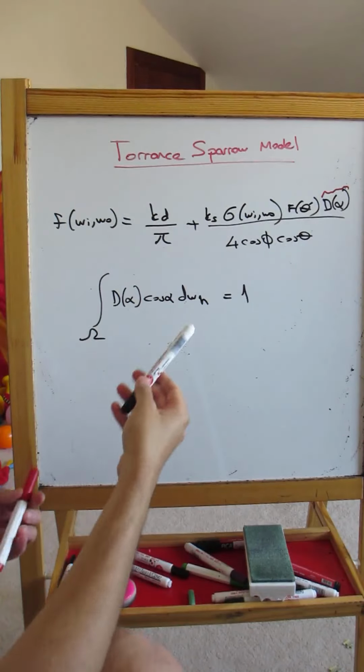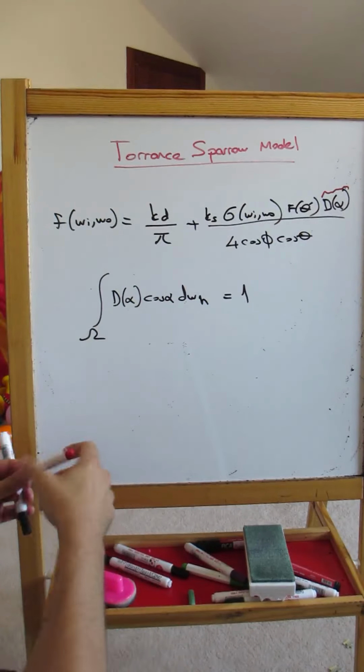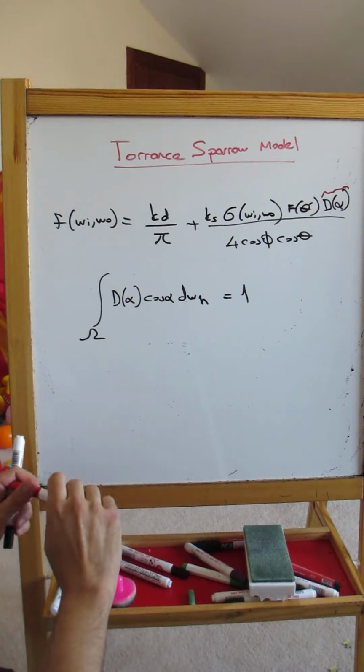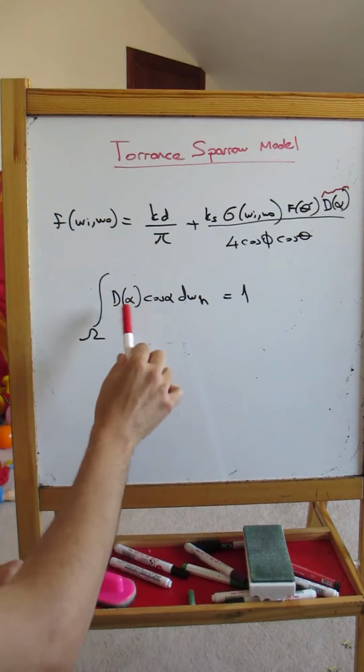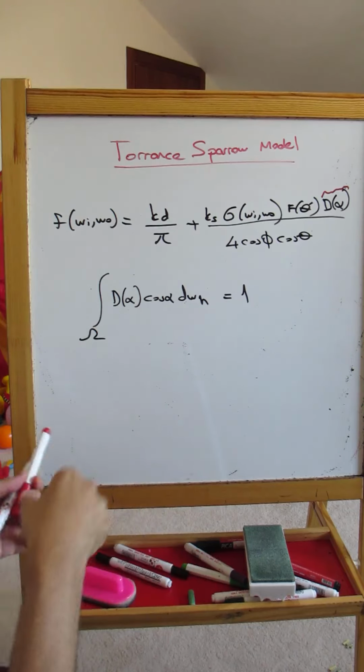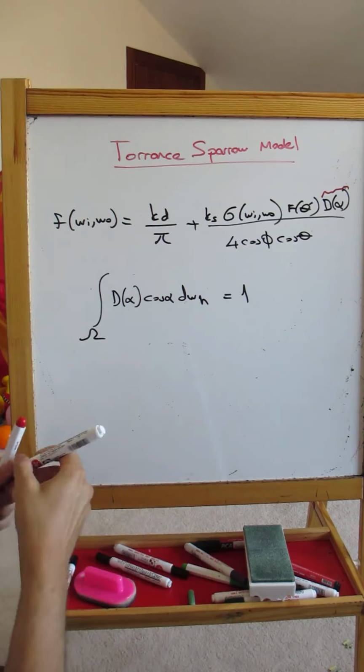Okay, so here I have written it in a cleaned up form. Now let's try to actually compute what D(alpha) should be for a given microfacet distribution function. Now in the literature there are several functions. One of the most common functions known is the Beckmann